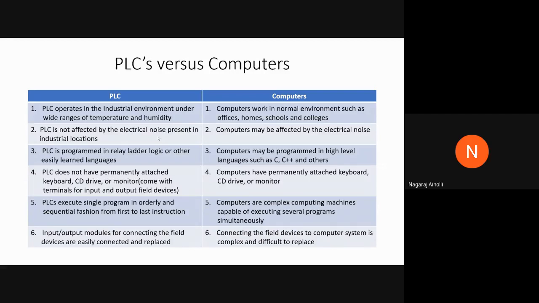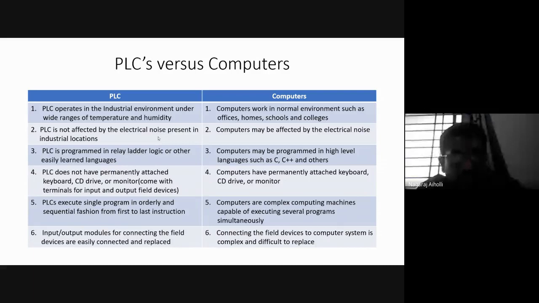Whereas for the computers, we can execute the different instructions all in parallel. There are different programs, different modules. You have studied functions in C language, how to write a function. If you are writing a function for addition of two values, then you return the program from the subprogram or from the function to the main program, correct? So like that, if you are writing many functions, all those modules can be executed in parallel. That is one of the differences between PLCs and computers.